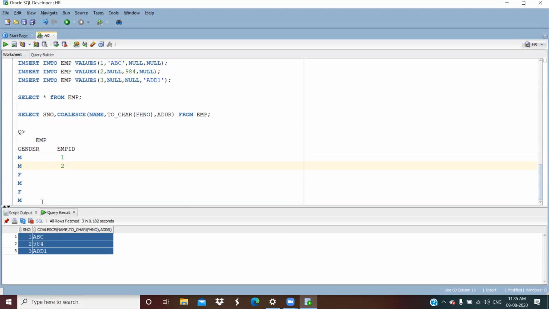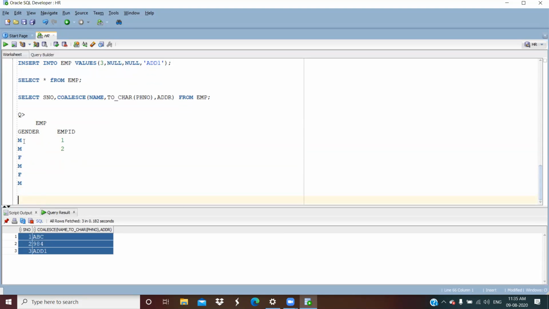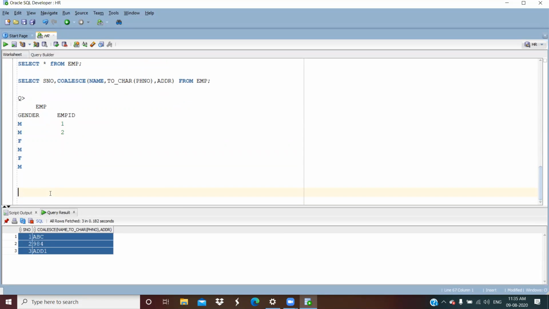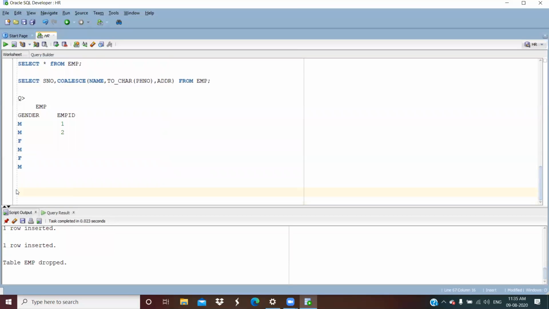What I want: wherever there is M, I want to replace it with F. Wherever there is F, I want to change it to M. Got my question right? Till then I'll create the table. Think how we can do it.